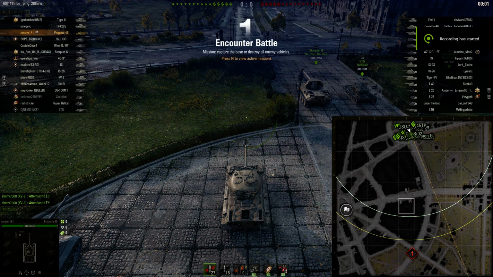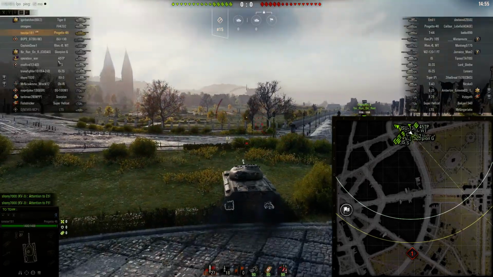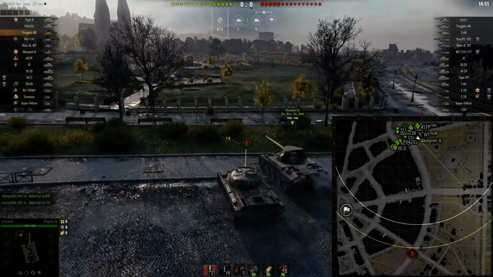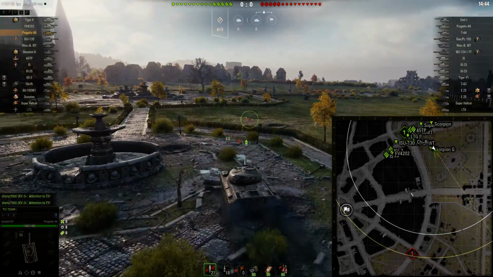I've got an Ace Tanker today in the Progetto 46. We're on Ruinberg, and we are top tier. It's a tier 8, tier 7 game, and you're going to see my positioning, which allows me to get a lot of damage. So we've got a Scorpion G with us, and one of the things about this map is